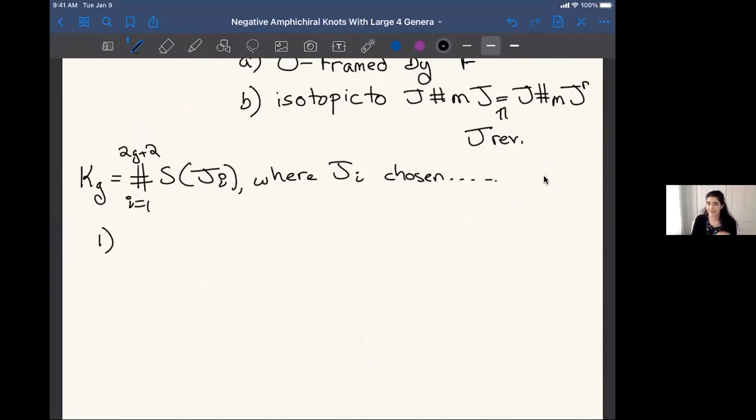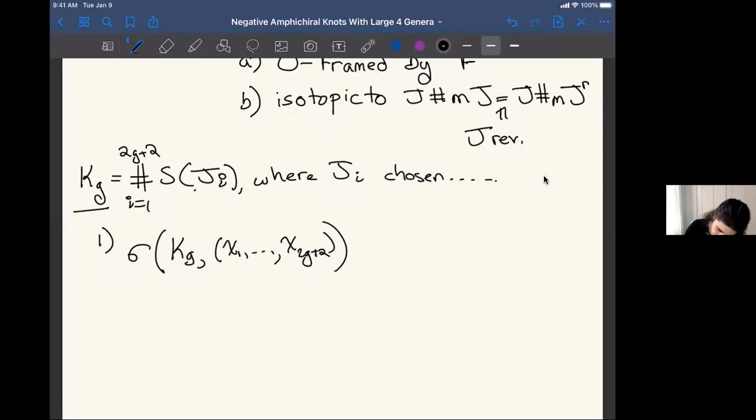So there's some kind of canonical identification such that the Casson-Gordon signatures of K_g with a tuple chi_1 to chi_{2g+2}, which I'll just write as a tuple. Implicitly here, I am identifying characters on the branched cover of K_g with tuples of characters, one on each of the branched covers of S of J_i, but I can do that. And under this identification, I just get